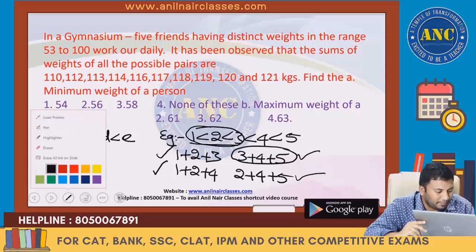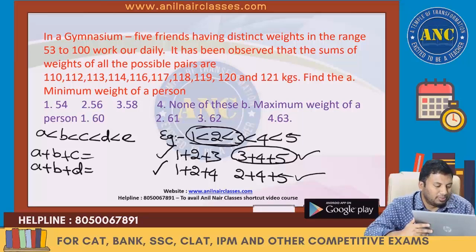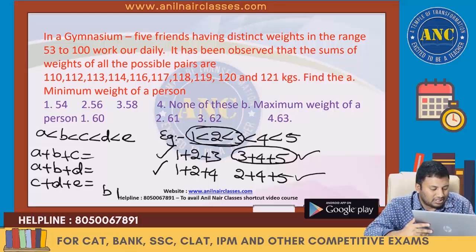Now see here, lowest is A plus B plus C. Next lowest is A plus B plus D. Next highest is C plus D plus E. Next highest is B plus D plus E. I hope it is clear. If you add all the values, these are nothing but,